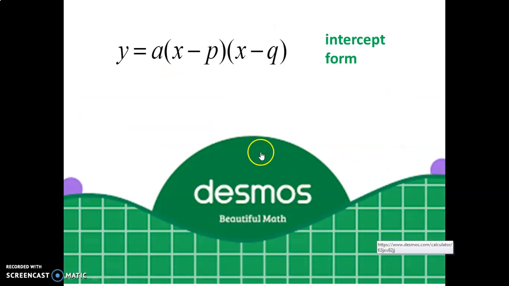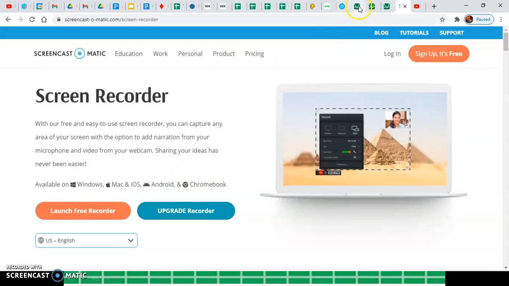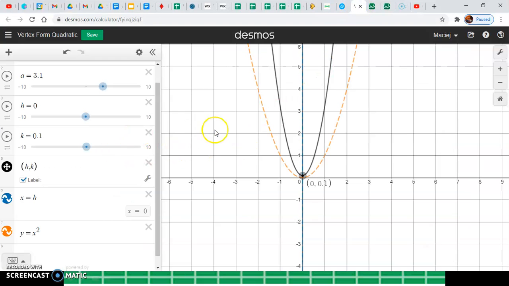Okay, so let's investigate intercept form in Desmos as well. We looked at the other ones in Desmos. Let's look at this one as well. So let me find it here. I'm going to go back to the original ones just to take a look again. This was a